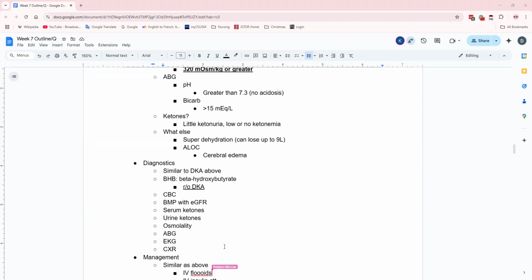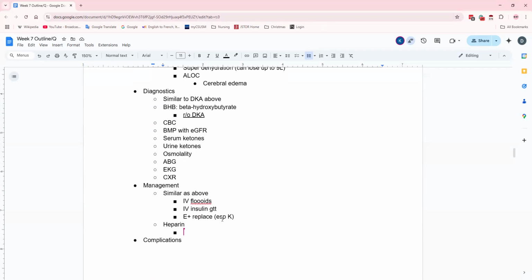There we go. IV fluids, insulin drip, and yes, that was the other thing I was going to mention. And your electrolyte replacement, especially potassium. The one difference in your management here is heparin, because if you are severely hemoconcentrated, you run risk of throwing